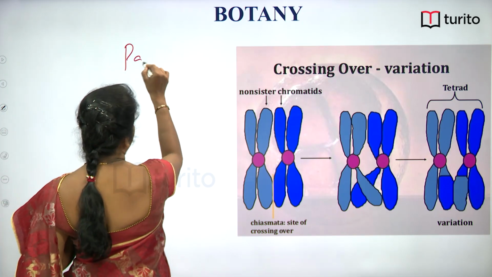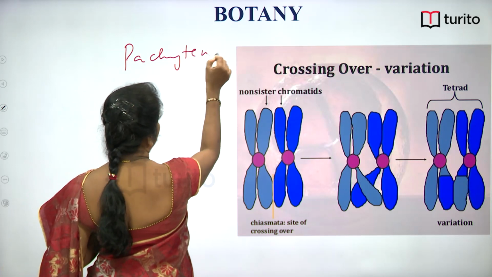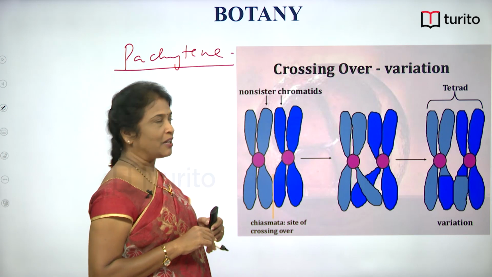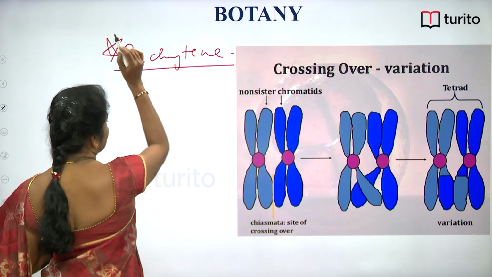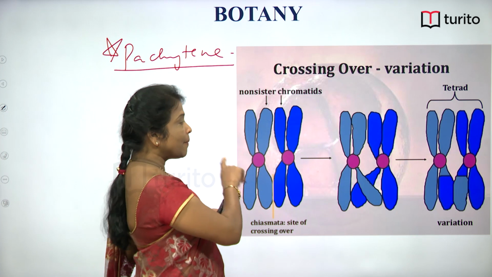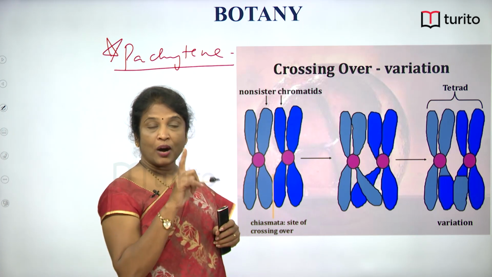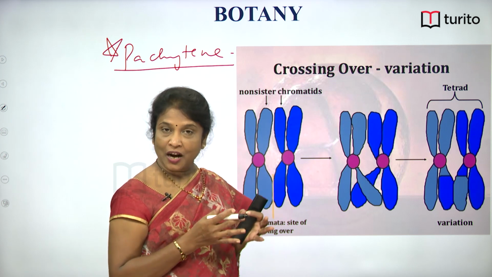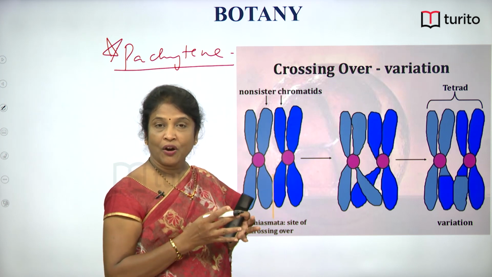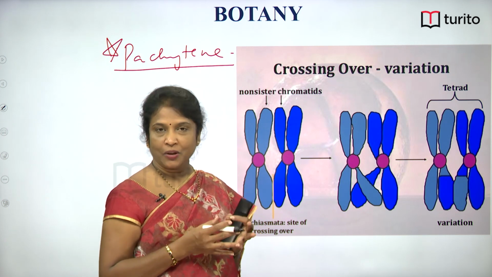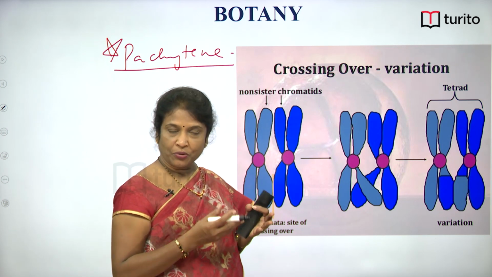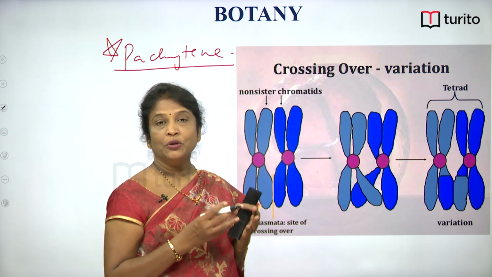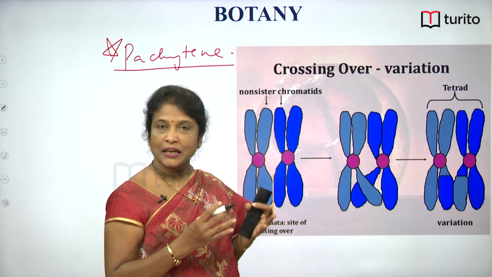Packaging is a very important stage with evolutionary significance, and it occurs during prophase 1. We will make a star mark for packaging. What happens during packaging? Already one event we completed, and the chromosomes within the bivalent are much more condensed, and the chromatids of those chromosomes are clearly visible, as each chromosome has 2 chromatids and a bivalent has 2 homologous chromosomes, totally 4 chromatids which are clearly visible.